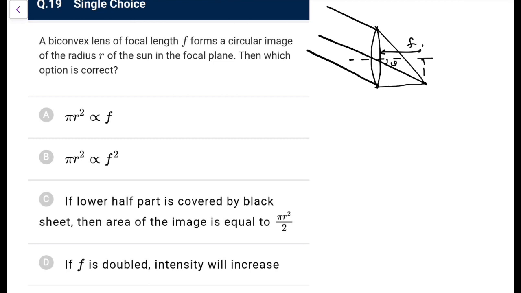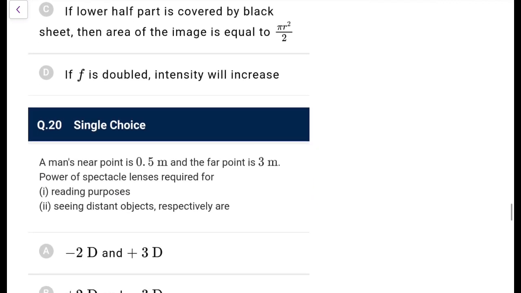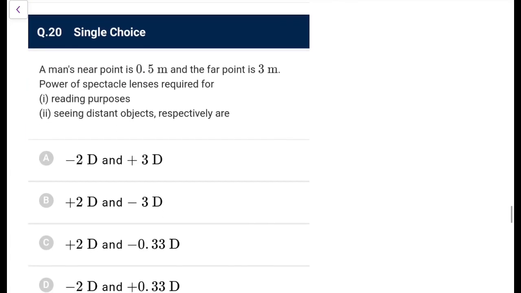You get a complete circle, on both sides it would be that radius. So r by f is equal to tan theta, so r is equal to f tan theta. So r is basically proportional to f, so r square would be proportional to f square for sure. So go with option B in this particular case. Again, that's a standard point you can do for it. Next, this is for one of the possible inclinations. For a different one you will get a different result, so that would be the case in this particular situation.